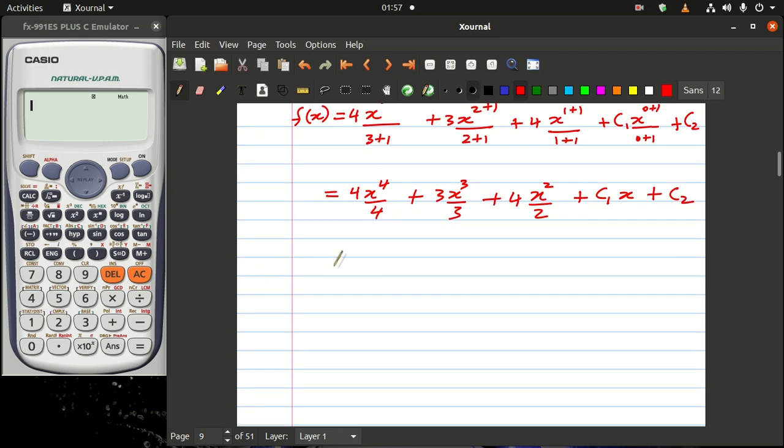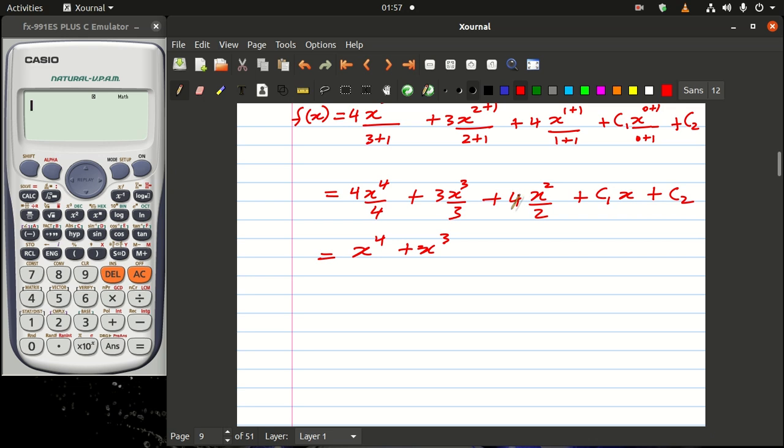The next thing is to simplify further. 4 divided by 4 goes away, we have x to the power 4, and then 3 and 3 goes away, we have x to the power 3, and then when it comes to this one here, we are supposed to end up having